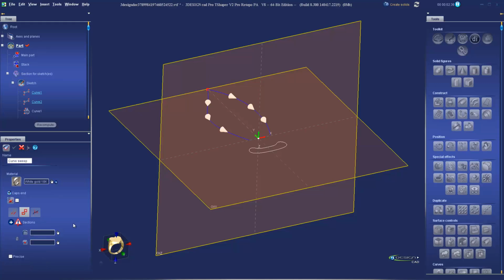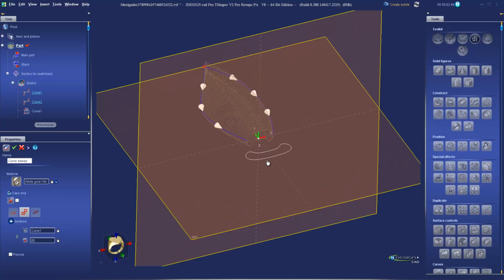Go ahead to the second tab, and we need to choose the curve for our section. So click the hand, grab the curve. The position is automatically 0 for your first selection, so we'll leave that alone since we only have 1 section to add. Go ahead to the third tab,